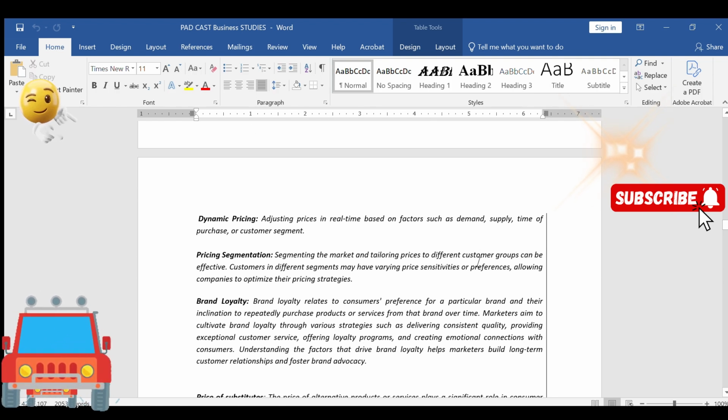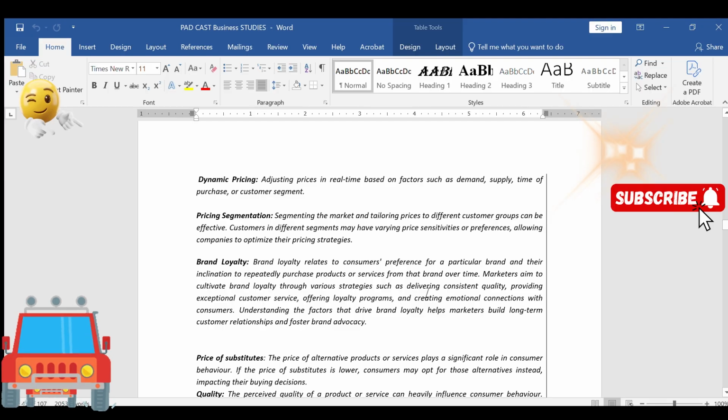Dynamic pricing, adjusting pricing in real time based on factors such as demand, supply, time of purchase, or consumer segment. Price segmentation, segmenting the market and tailoring pricing to different customer groups, can be effective. Customers in different segments may have various price sensitivities or preferences, allowing companies